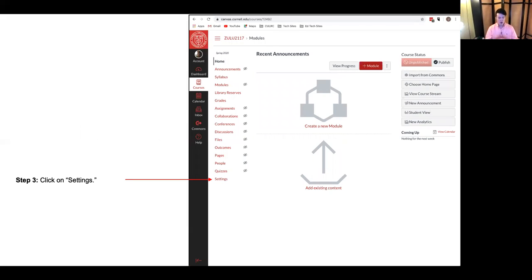So here you are, you're in your Canvas course. And on the left-hand side, starting with home, you see a number of different menu items that are available. As you look at this page, if you go all the way down to the bottom of all those selections, you'll see settings, which is where you want to go next. So when you click on that,